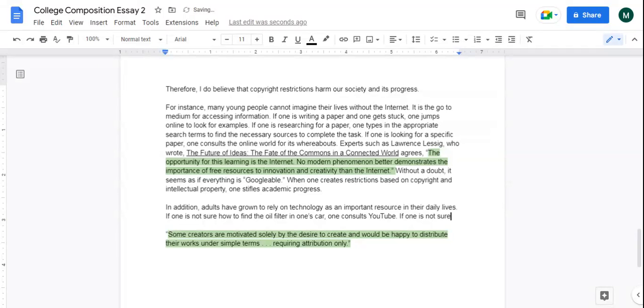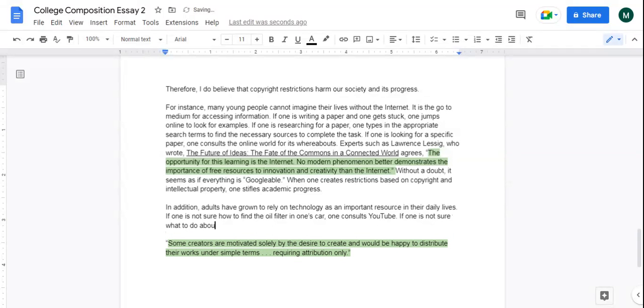If one is not sure what to do about a low fever, whether to take, so I was trying to think of, again, just sort of consulting Reddit as well. If one is not sure about what to do,